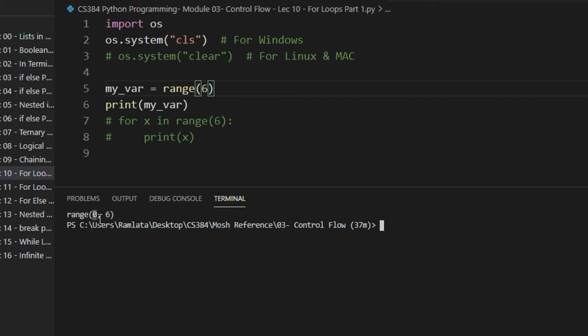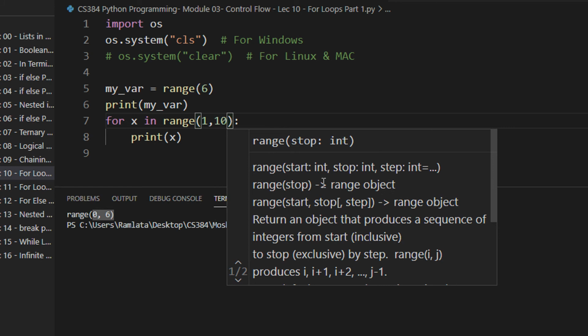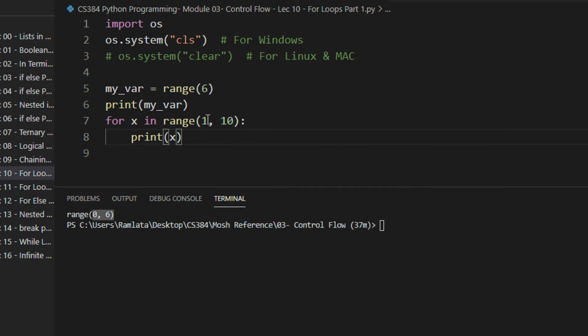So I showed you the starting point. When I'm writing the range here in the for loop, indirectly it is running from 0 to 6. Now you may ask, these are the standard for loop: i equal to 0, i less than 6, i plus plus, right? Now let us give a small trick. Let's say you want to start from the value 1 and go up to 10. So this is my starting value.